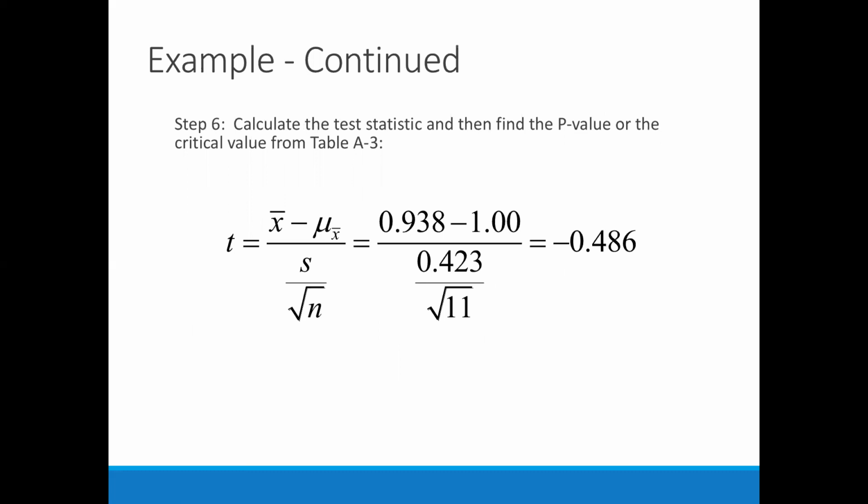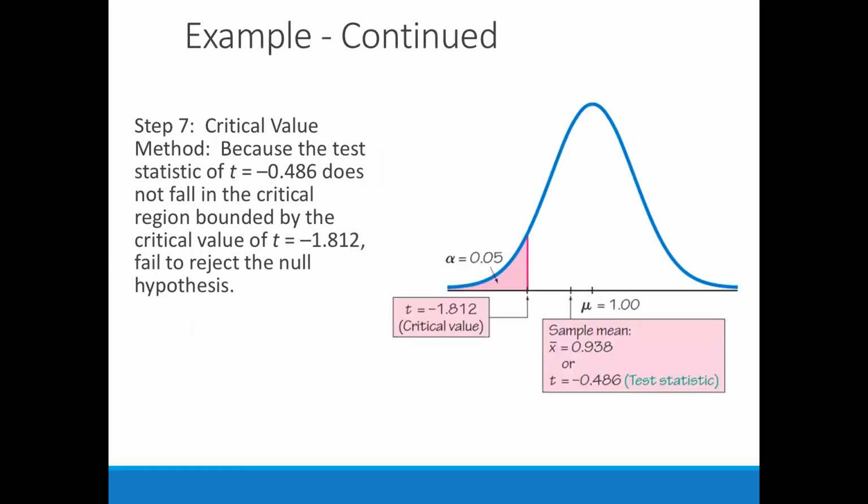If we calculate the test statistic, I would recommend you take your calculator out and make sure you put this in correctly. Remember your order of operations, parentheses. You'll end up with negative 0.486. If we put that on a graph, we can see that's where our test statistic lies, right here. And if we were going to do the critical value method,